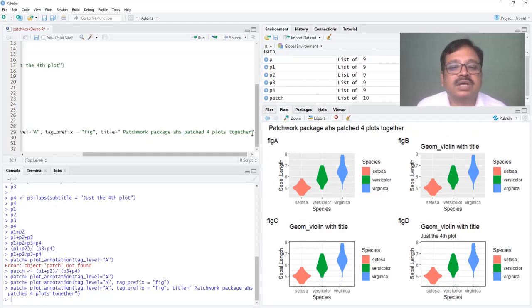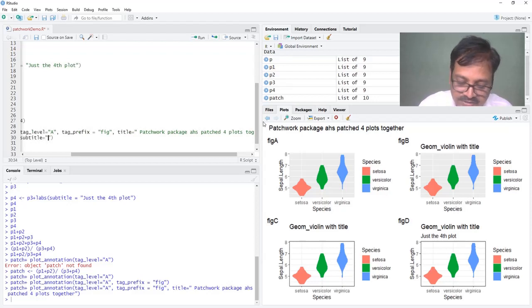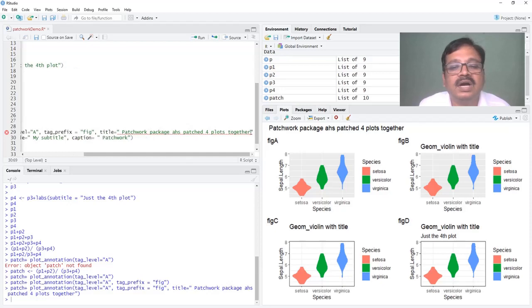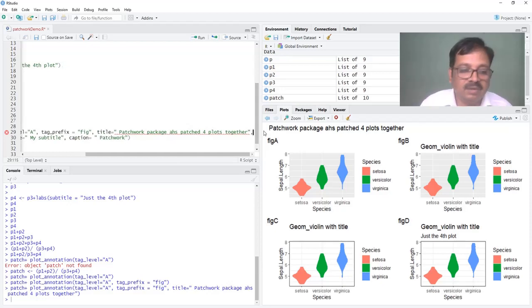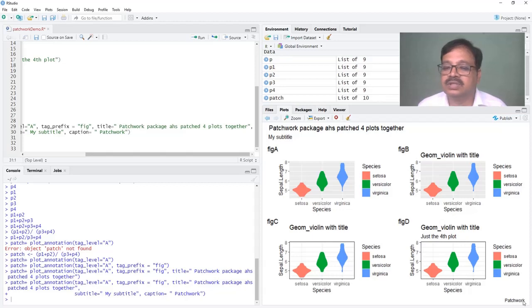We can have a subtitle also if we want. Subtitle is equal to my subtitle, a dummy thing. Then a caption also for the entire one, caption patchwork, and a comma is required here at the end. I will put that comma and we'll run that and see the results. The caption is also there, patchwork, and the subtitle is there.